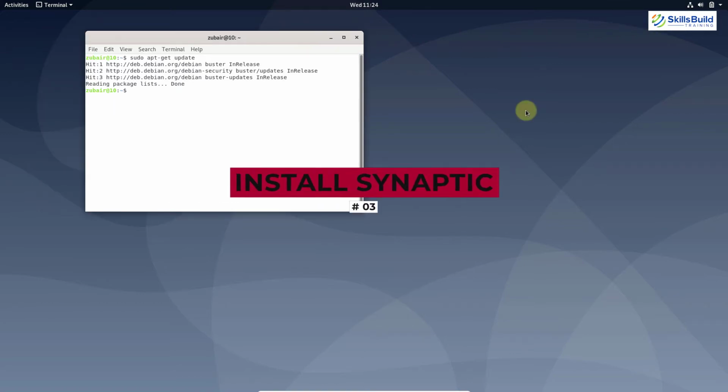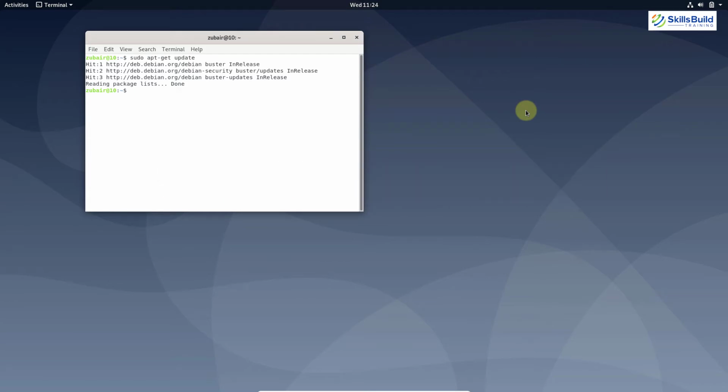Number 3. Install Synaptic. Synaptic is like an old school package manager with a user interface, but it has proved to be extremely reliable and very powerful. With the use of Synaptic, we can find and install many libraries and packages that are not available, or you can say visible, in the software center. For example, you will see microcode packages in Synaptic but not in the software center. Of course, Synaptic is not as pretty in terms of user interface as the software center, but it is more user friendly than the command line.